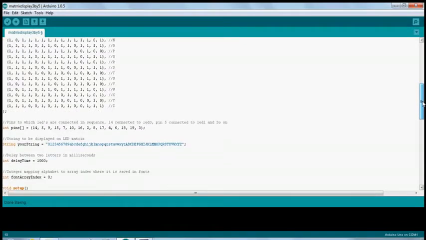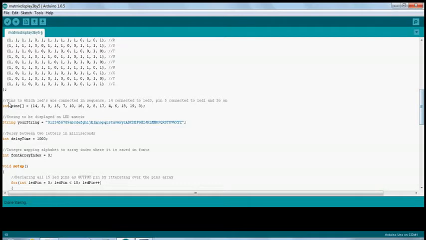Now, after initializing the array, we will initialize the pins which we will be connecting to the LEDs. Here we have connected pin 14 to LED 0 and pin 5 to LED 1 and so on.